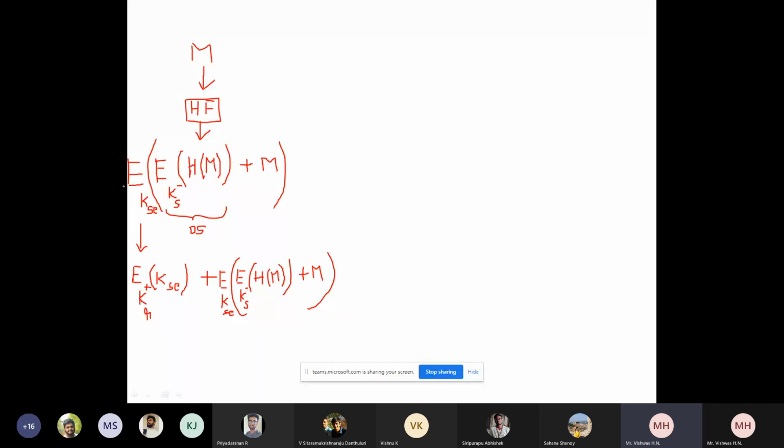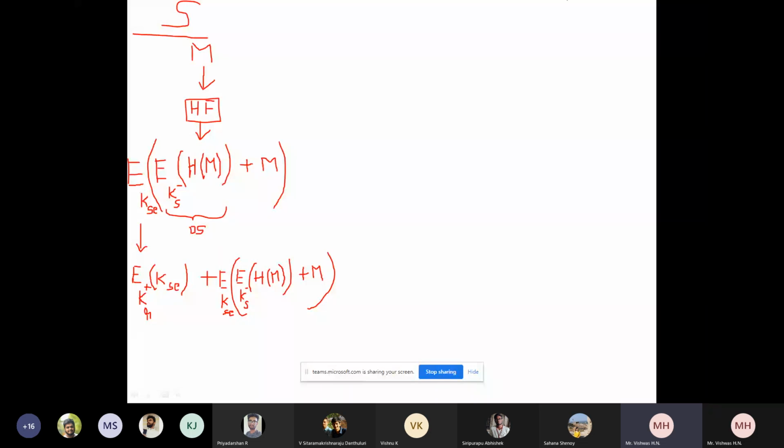If you do this, the receiver has to decrypt this whole thing using the same session key, but you cannot send the session key as it is. You have to encrypt the session key also. With what are you encrypting the session key, so that only the receiver can decrypt it? If you encrypt the session key using the receiver's public key, the other key of the pair, that is the receiver's private key, has to be used to decrypt it. So the session key is encrypted and appended with the whole thing, whatever you have encrypted using the session key. So this will be sent to the receiver. This is what I will call the sender. Okay,